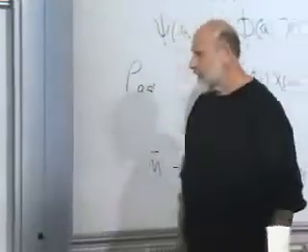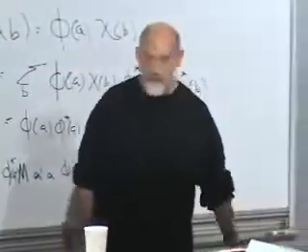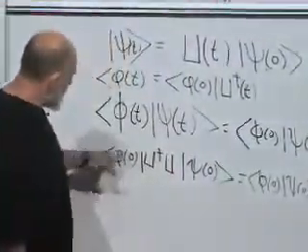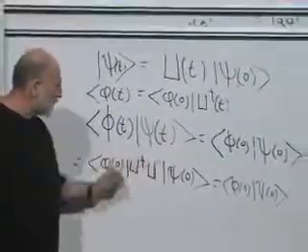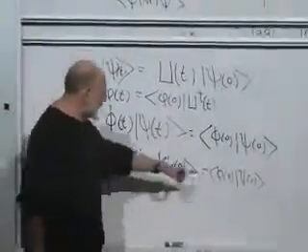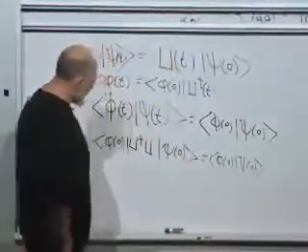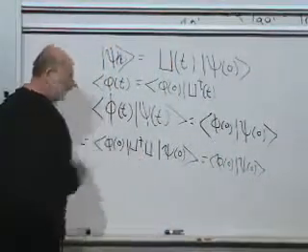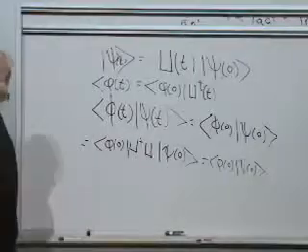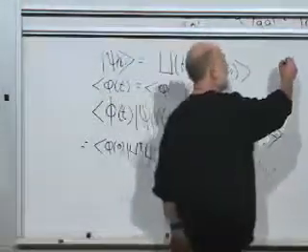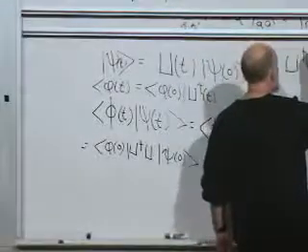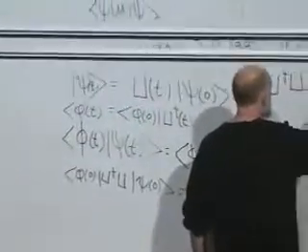Okay? That's something very easy to prove. I'll leave it to you to prove that if there's an operator whose matrix element between any pair of states is the same as just the inner product between those states, it follows that operator must be the unit matrix. So here's what we learn. We learn that u dagger u is equal to 1.